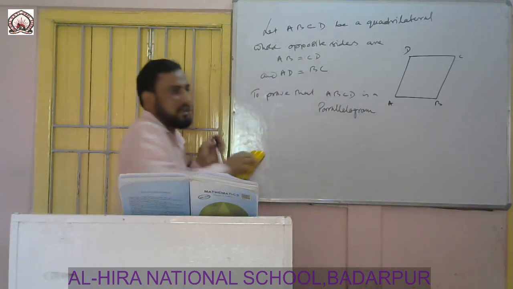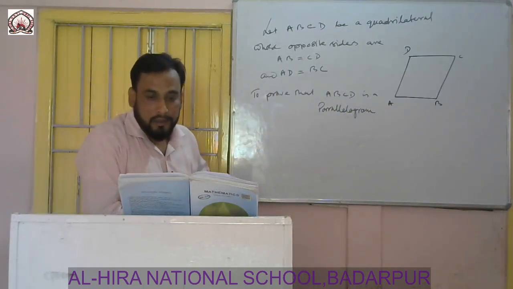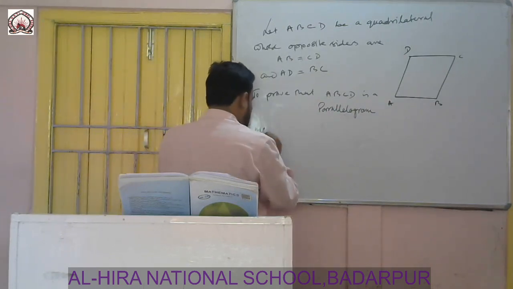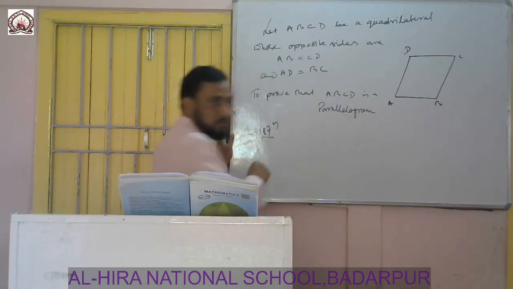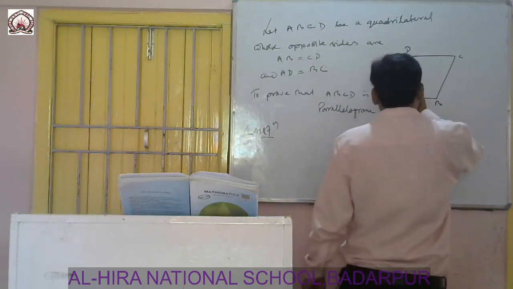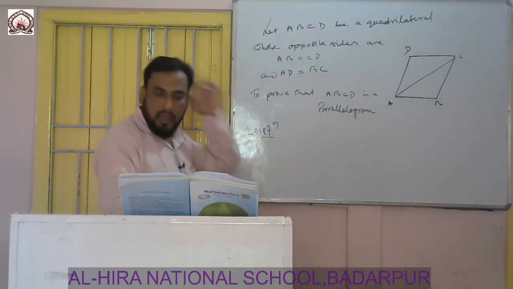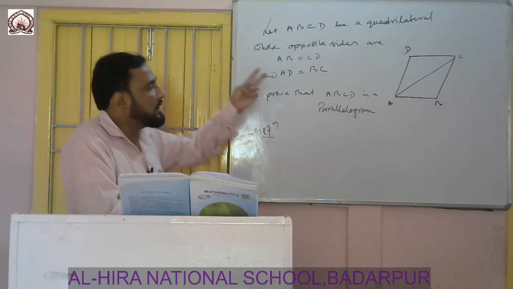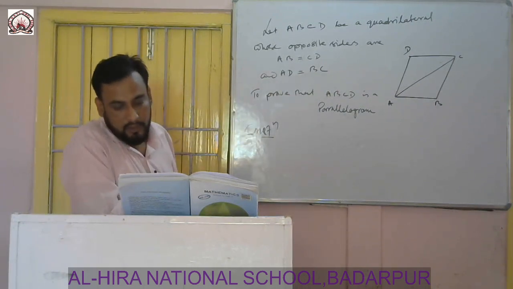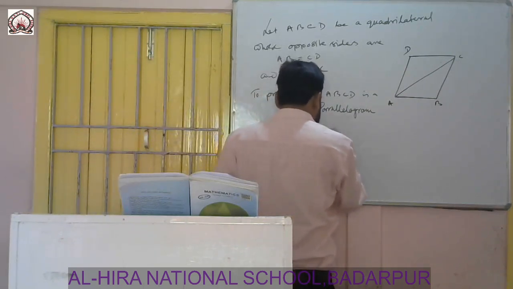To prove that ABCD is a parallelogram, we need one construction. What is the construction? The construction is the same, just a diagonal. If we draw the diagonal, then the quadrilateral becomes two parts. So in the diagonal construction,